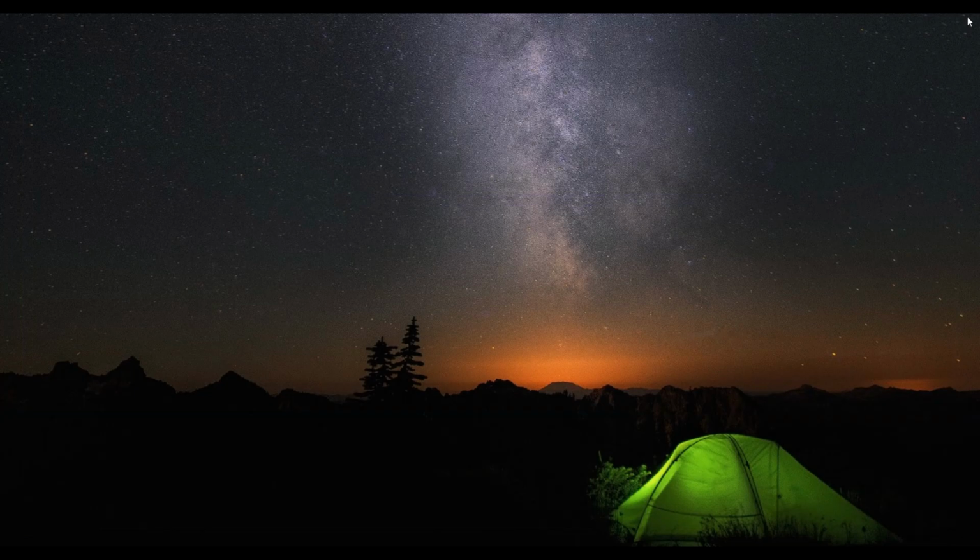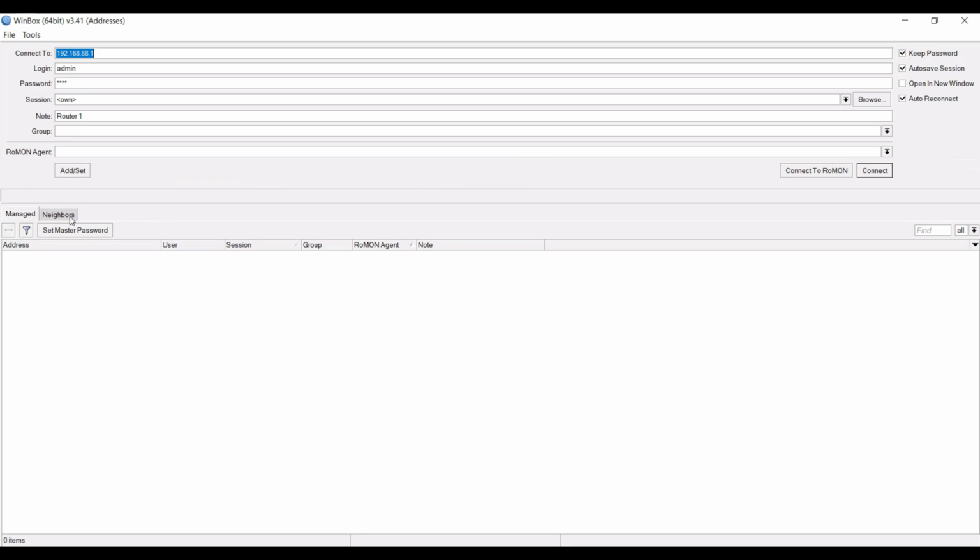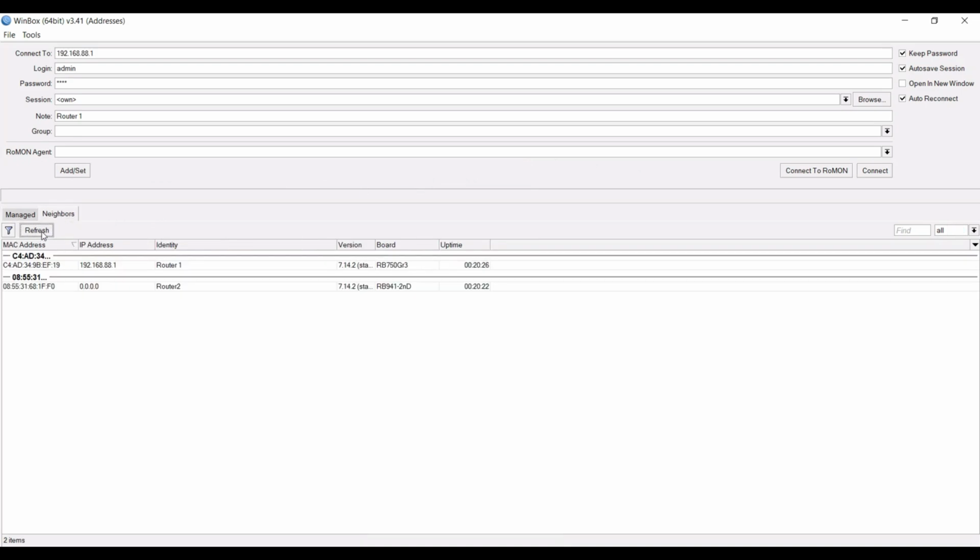We will try to access router 2 and router 3 via Romon. Open Winbox again. Select router 1. Input here the username and password of router 1.